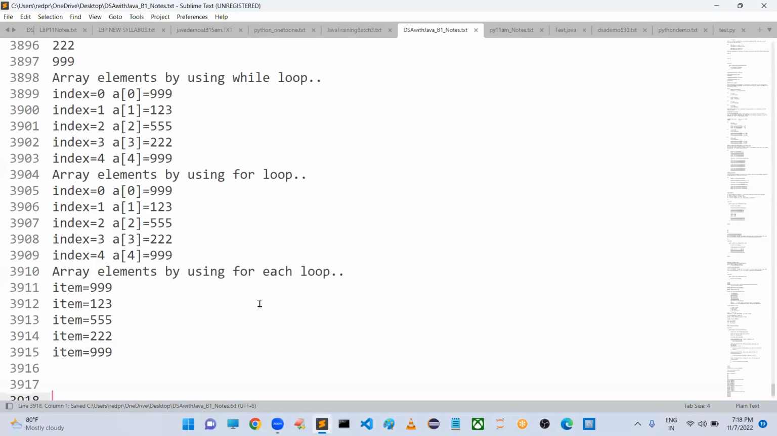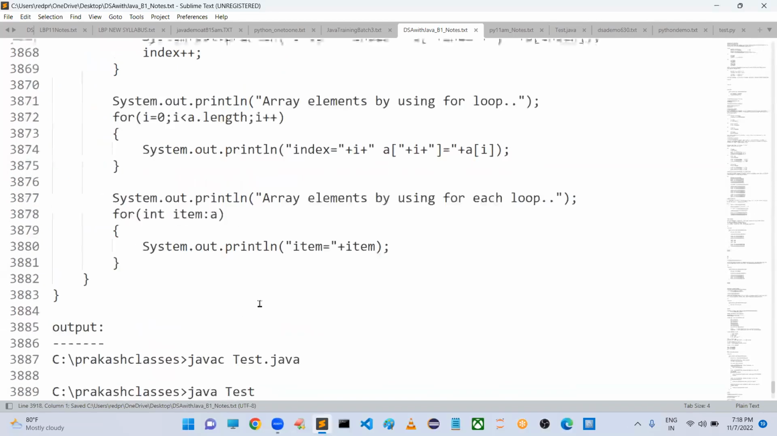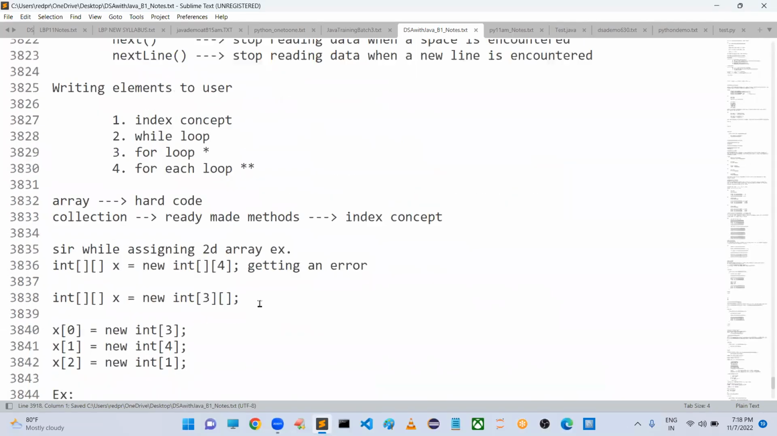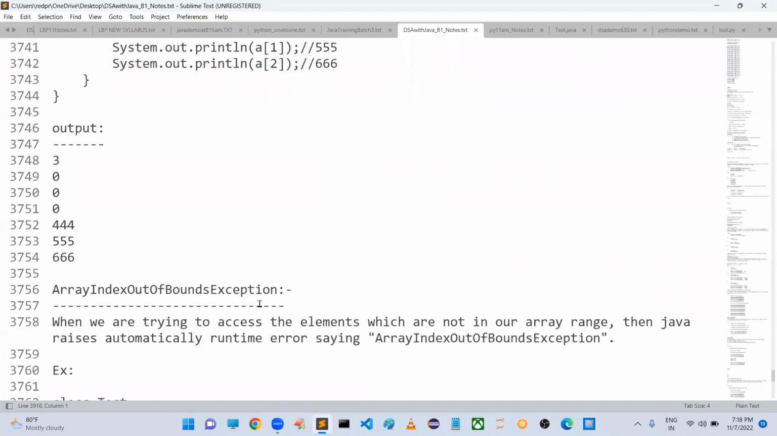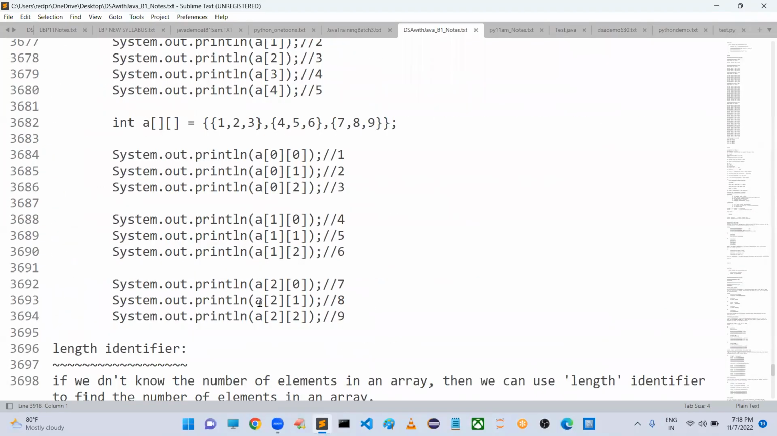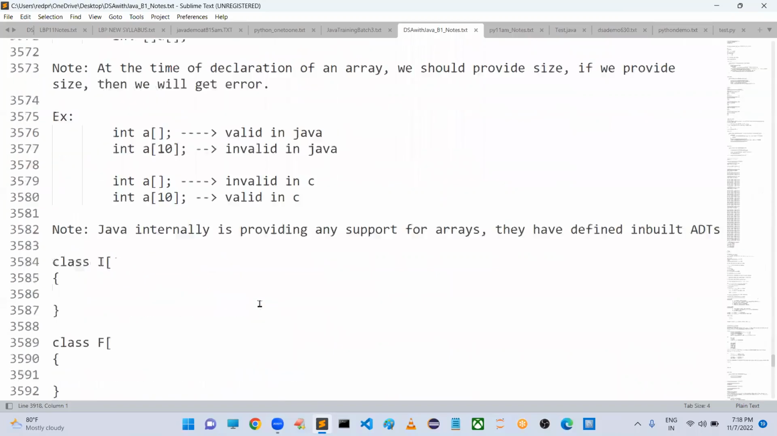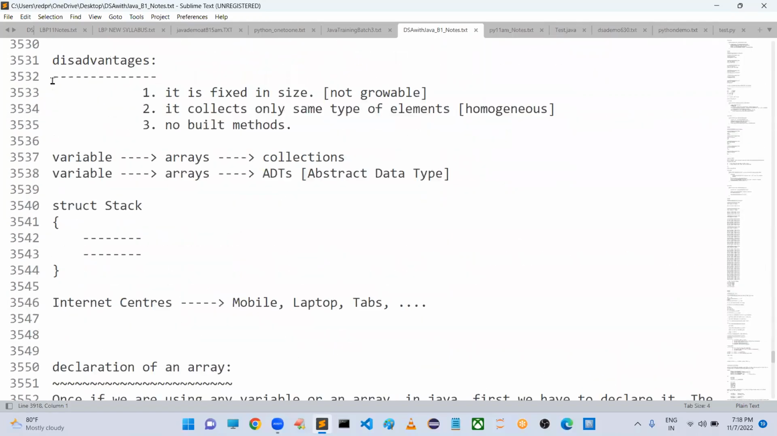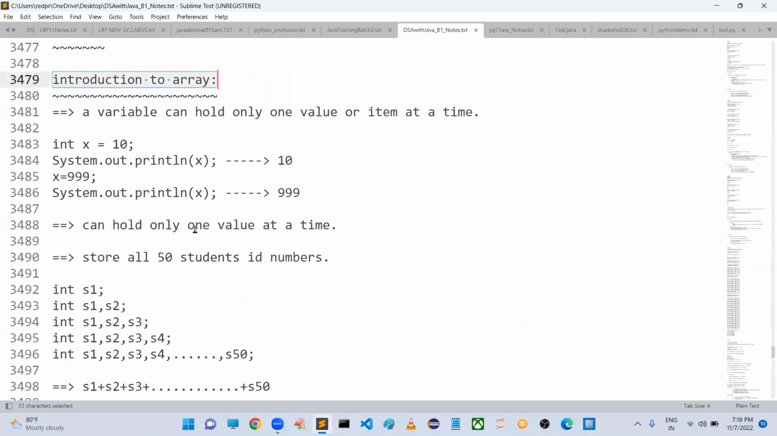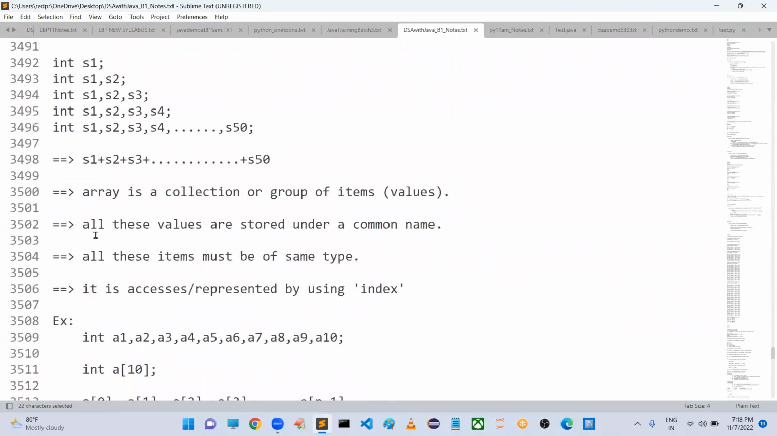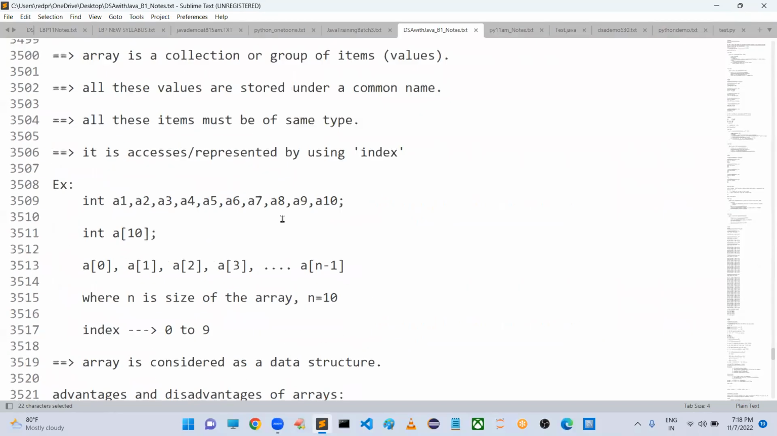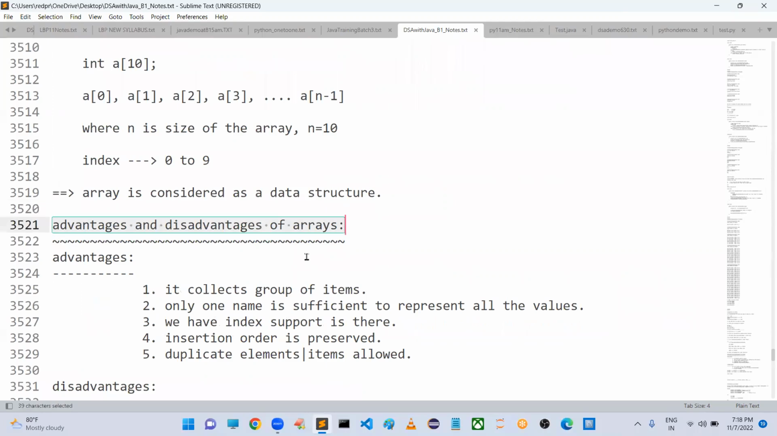Good evening. In the last videos, we started arrays, the array data structure. When compared with other programming languages, how are Java arrays going to be treated? Introduction to arrays, and we have discussed what advantages and disadvantages there are in arrays,